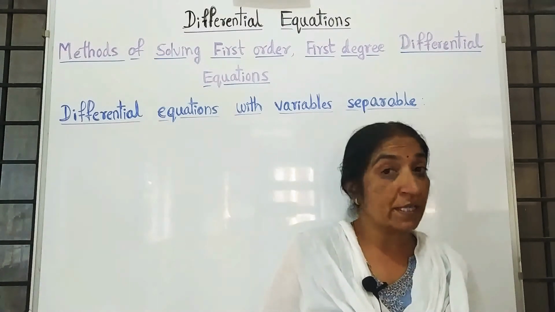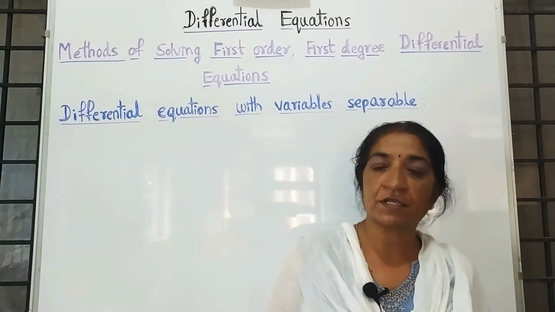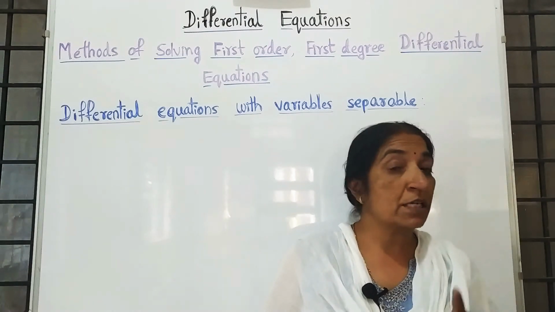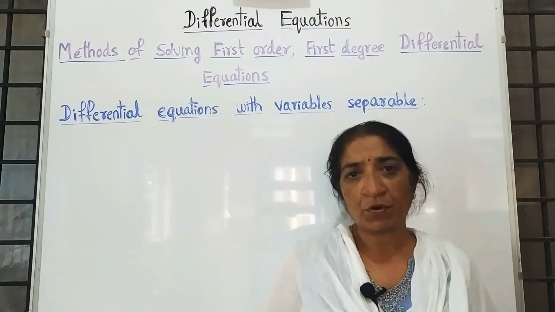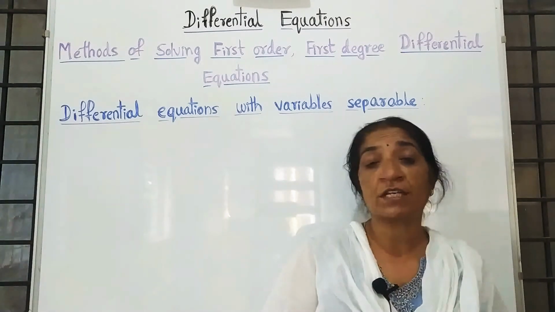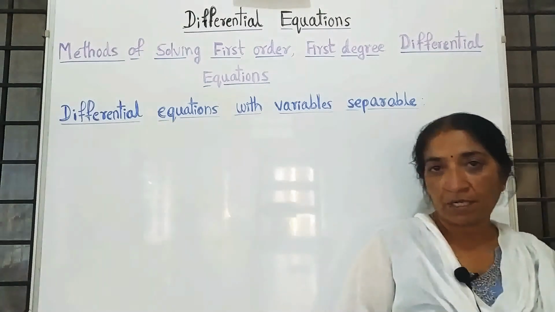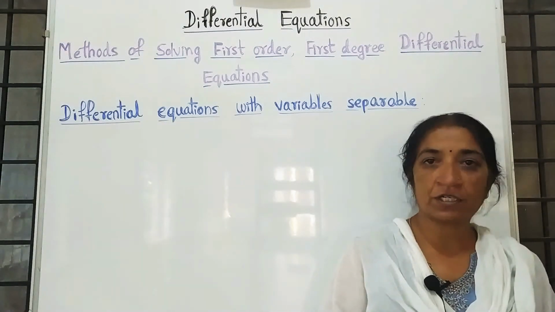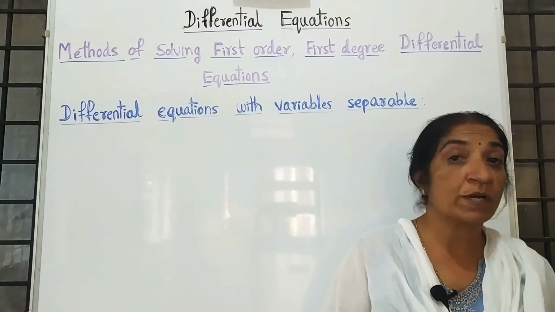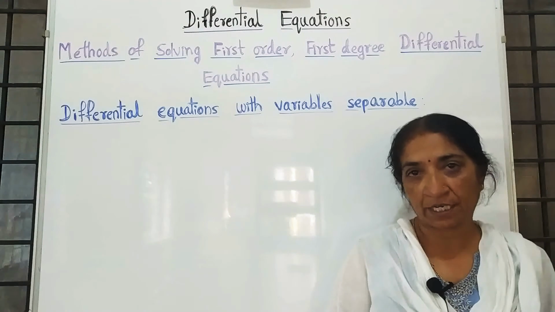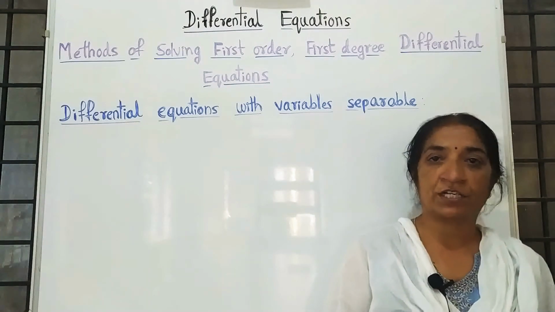So already in the last class I started with the differential equations. The weightage of this chapter is 2 mark, 3 mark plus 5 mark, total that is 10 mark. And it is very important, and more than that it is very easy also. So don't neglect this chapter. The weightage is 10 mark, 2 mark 1 question, 3 mark 1 question and 5 mark 1 question. Already in the last class I explained the 2 mark question, how to find the order and degree. And in today's class I will explain how to solve the differential equation.